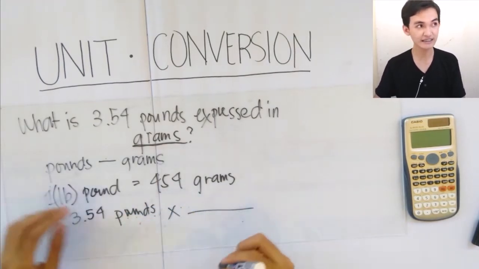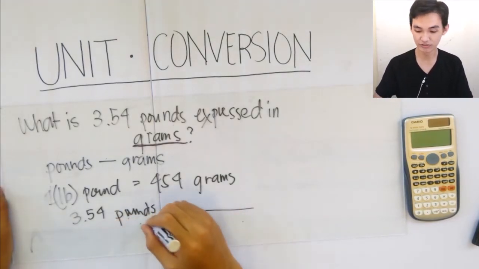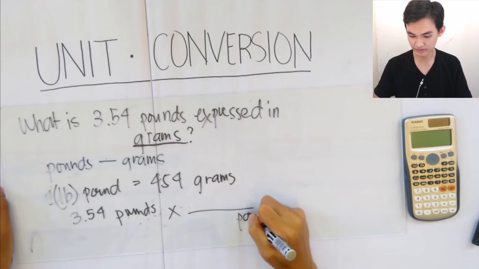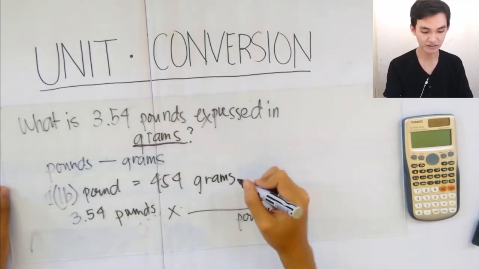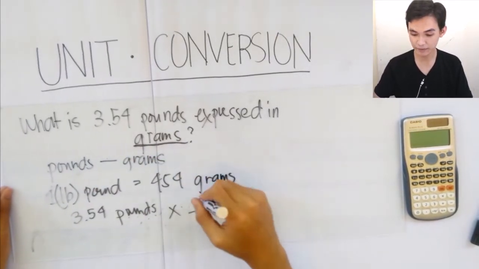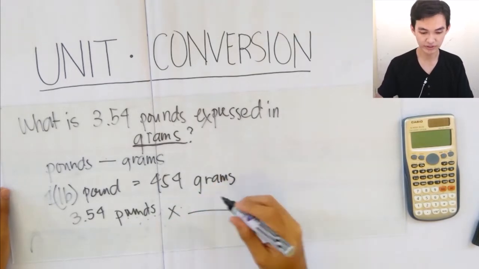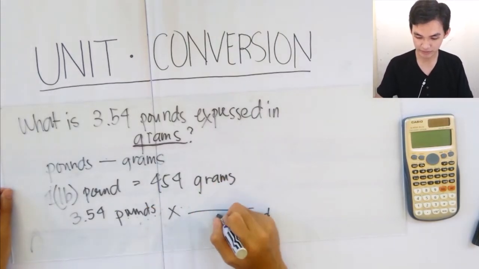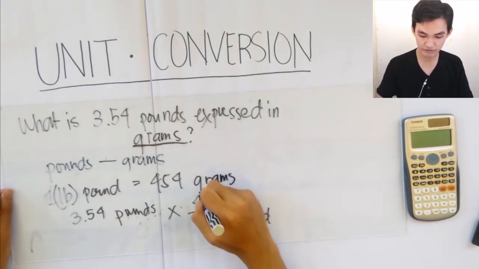The next thing is we must write the unit over here, so it is pound. And as the conversion says, 1 pound is equal to 454 grams, which is the same as what will be expressed in this fraction. So 1 pound, just copy the constant number, and then we will write the 454